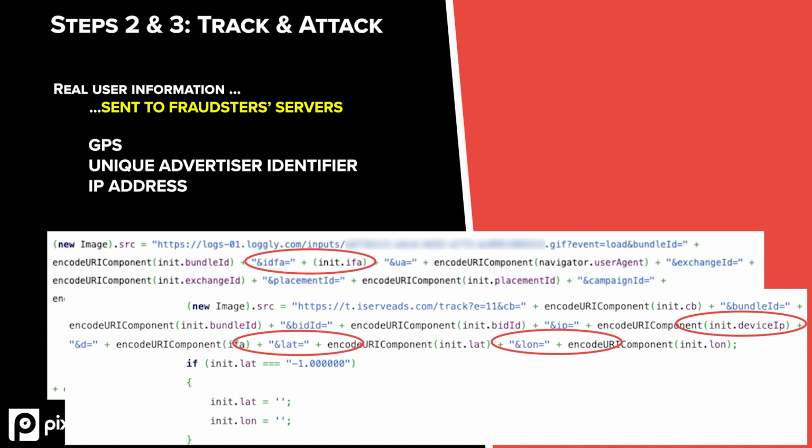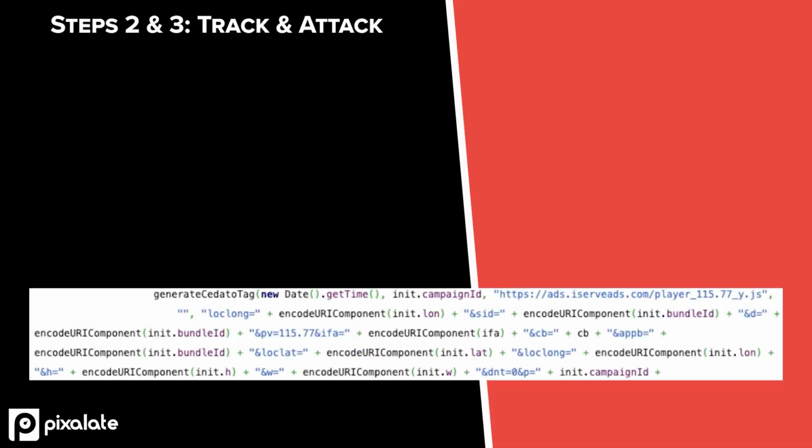Real user data, including GPS, device ID, and IP address, are being siphoned away from the global object and stored on the fraudster's servers. One apparent purpose of capturing this user data is to use it in the ad fraud scheme, but other purposes can't be ruled out. This note on consumer privacy is made even more significant by the appearance that this ad fraud scheme disproportionately targets US swing state traffic. Next, we see the scammers generate a tag and load another malicious script, the